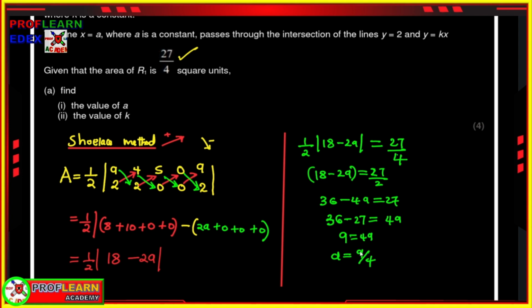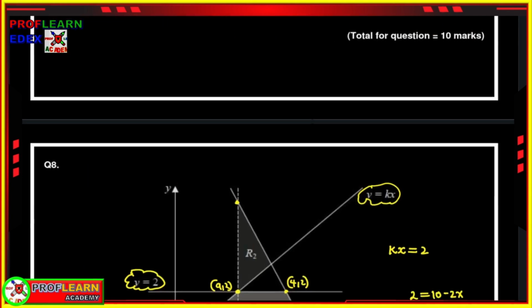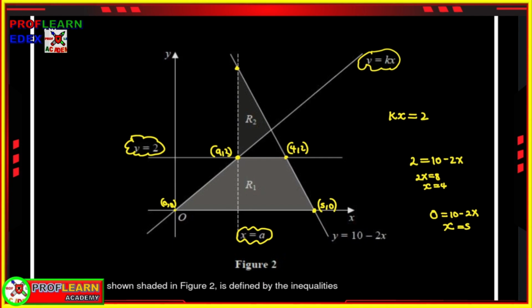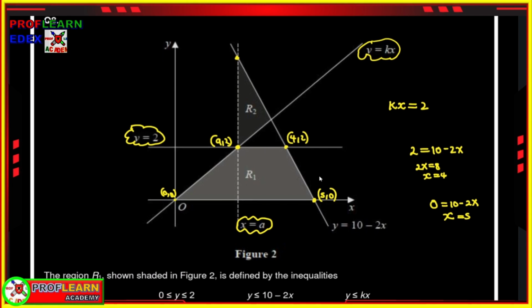The key area to remember when you're applying the shoelace method is the way you multiply. And that's why I've decided to use different colors so that you can see how you go about it. Now, here we are. We have the value of a. And this value of a is 9 over 4. So meaning that